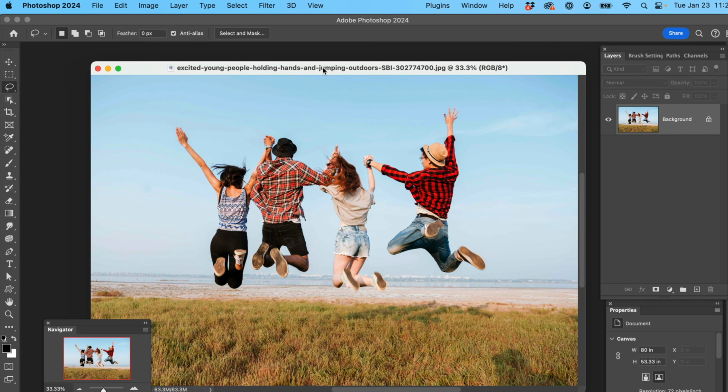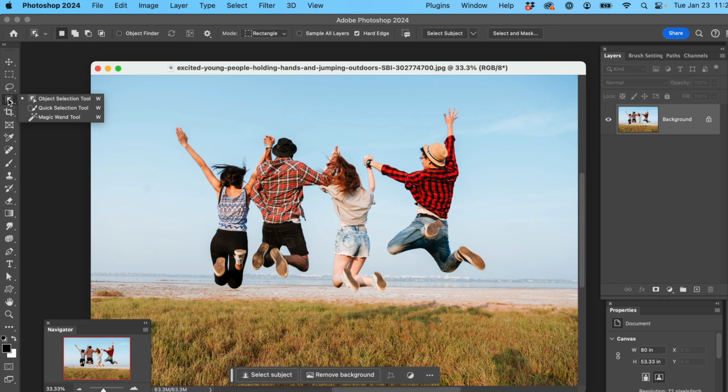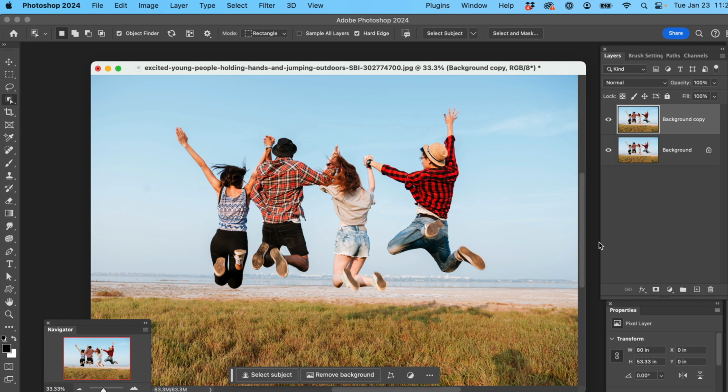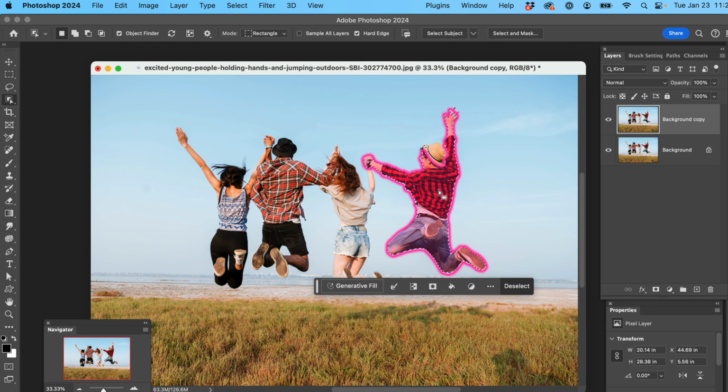All right, so we have a new image up here, and we're going to go back to our selection tool that's object selection. Make sure our objects finder is on, and you'll see that each one of these people are selected. Let's go ahead and make a copy here so we have that. Let's say we want to remove this guy right here. So let's click on him, and we're just going to